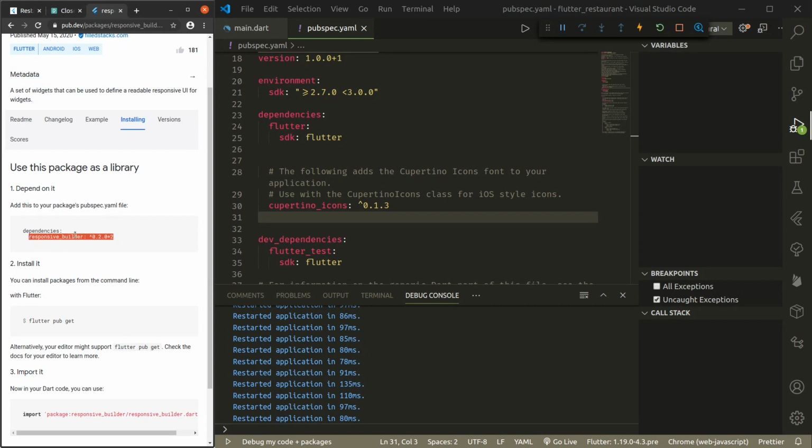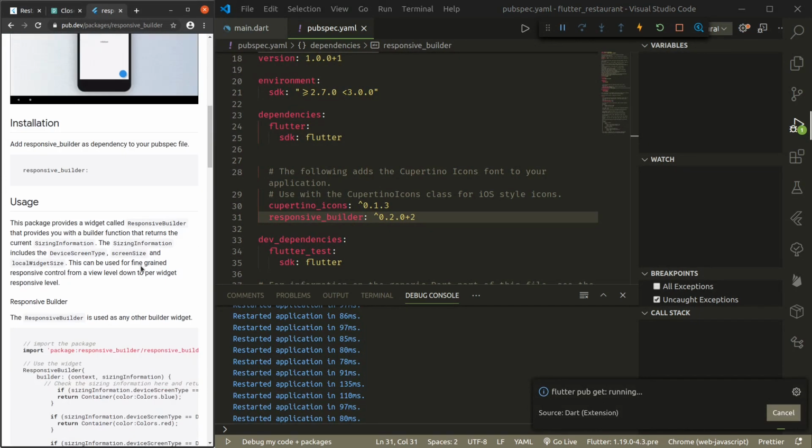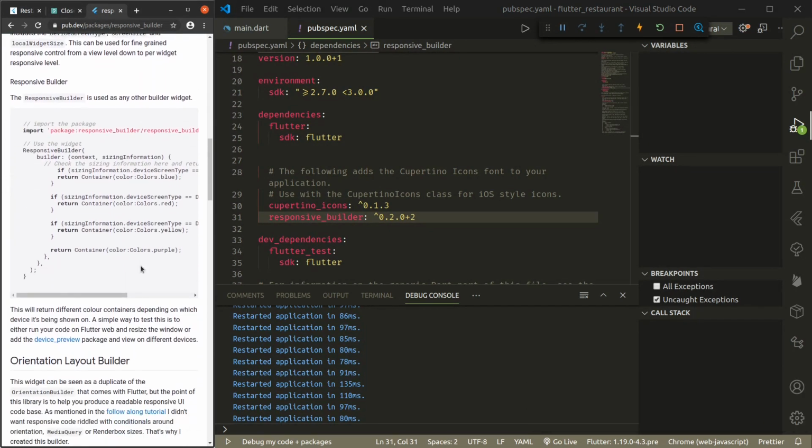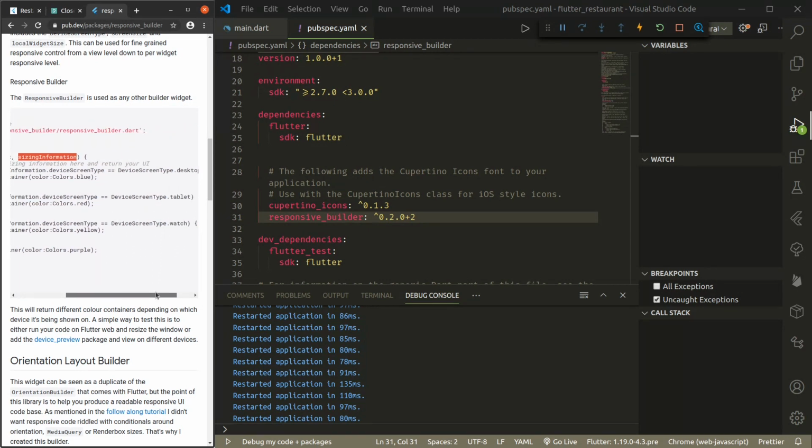There are other plugins and packages as well for making your design responsive in Flutter. For now, I'm choosing to use responsive builder. And if you check their README, what we can use is a responsive builder widget that will give us the sizing information. And sizing information will give things like device screen type,